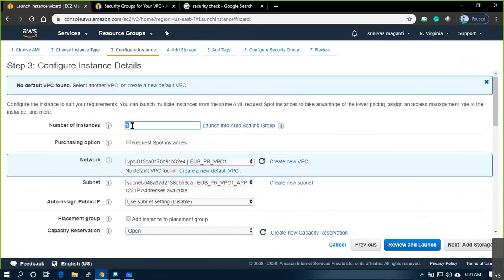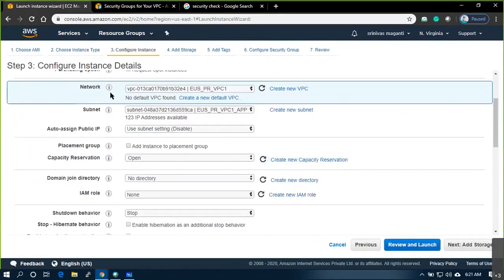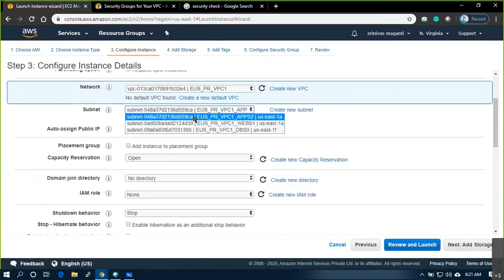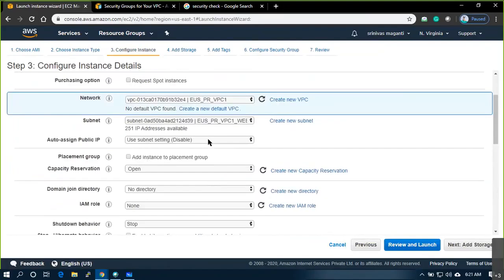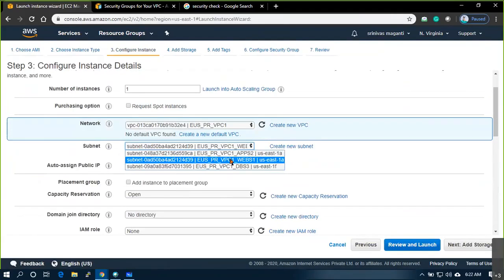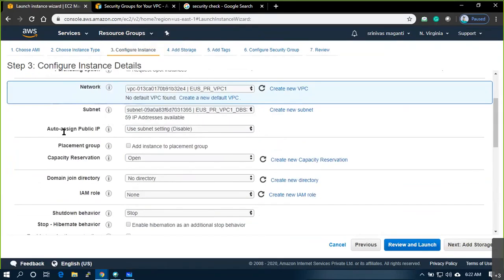how many instances do you want to launch? Only one server. Okay, and spot instance we'll discuss later. Network: under which specified VPC? And you have 3 subnets. Which subnet do you want to use? Let's put it on web subnet. Web, or let's put it on DB subnet. Okay, DB subnet, and you want the public IP